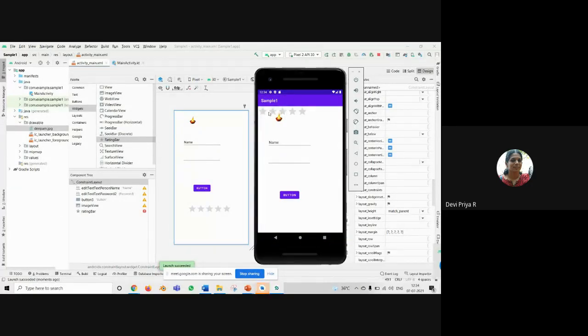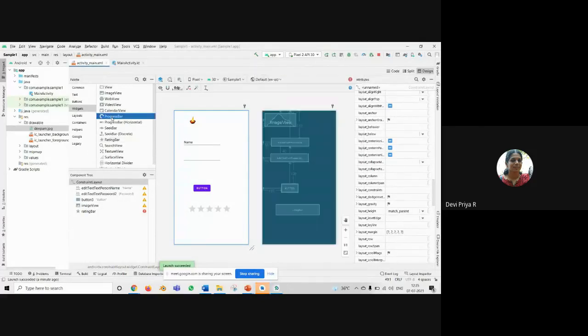See, this rating bar is shown here. And if you just click on this one star, it will choose only one. If I click on the left part, only a half point, that means 0.5 is given. If I click on the middle part or here, you can specify completely, or you can reduce the rating also. And if I click on the middle of the star, it will be completely chosen. You can choose the properties here. This is how your rating bar looks, and you can have the progress bar.